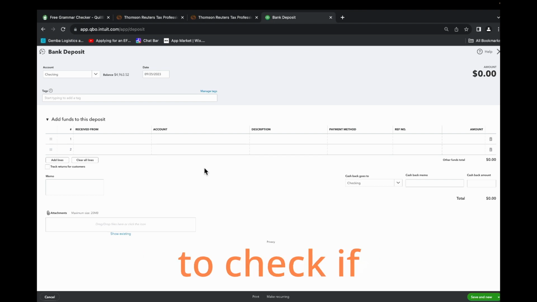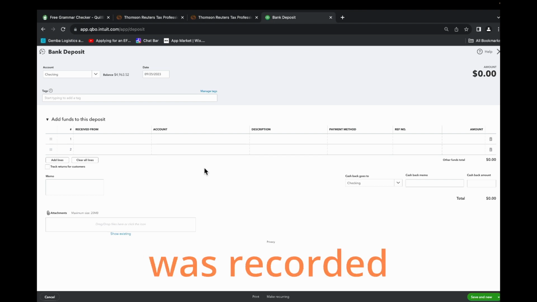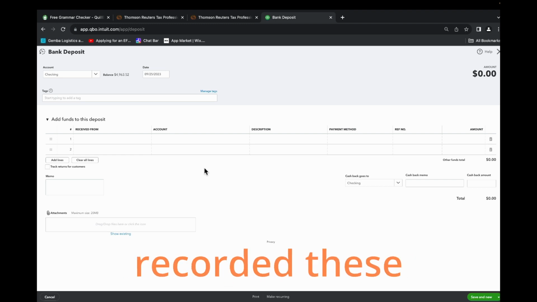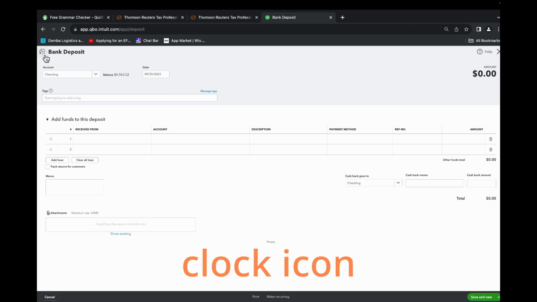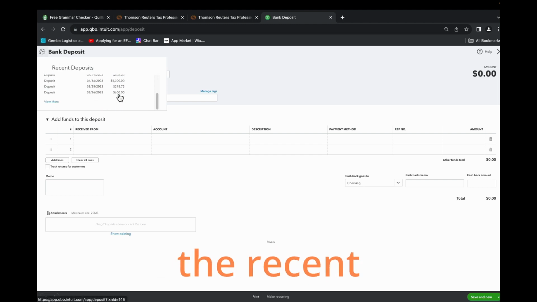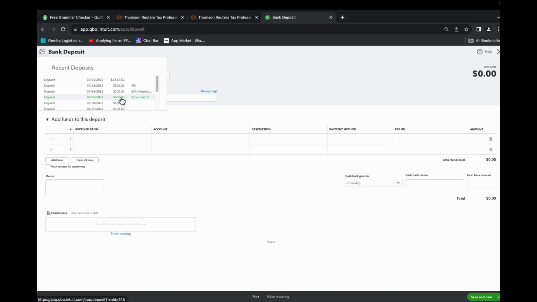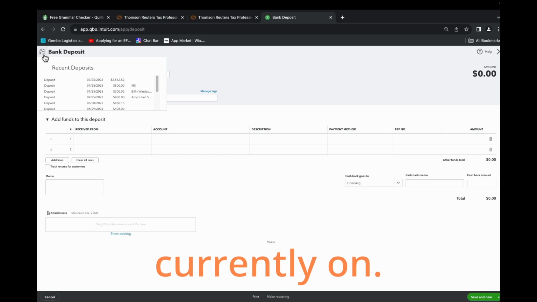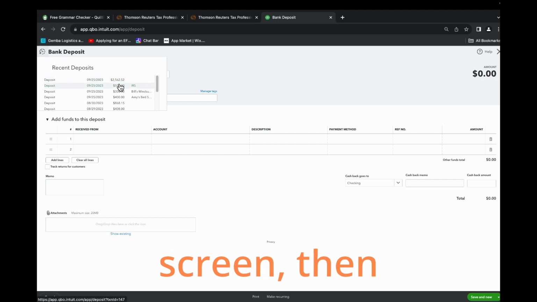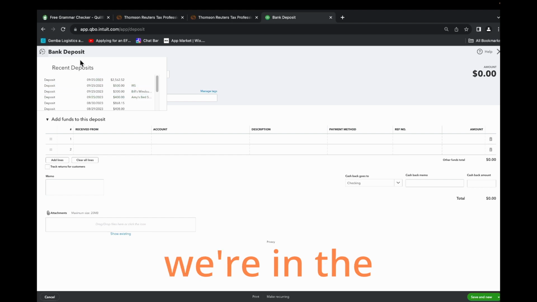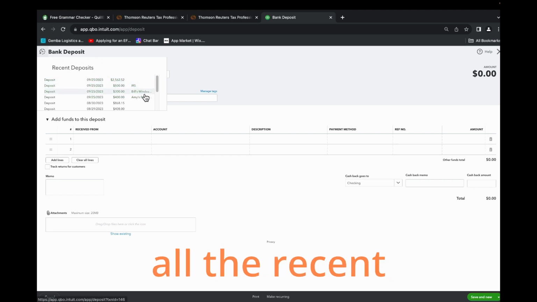Now to check if our transaction was recorded correctly, or if we want to see the double entry that took place, how QuickBooks recorded these transactions for us, we can click this clock icon next to the bank deposit. Once we click that, it will pull all the recent transactions, or the recent deposits. This clock icon is available on any screen that we're currently on. So if we're in the invoice screen, then the recent transactions will relate to invoices, the recent invoice transactions that we posted. Okay, so in this case, since we're in the deposit window, that's why we can see all the recent